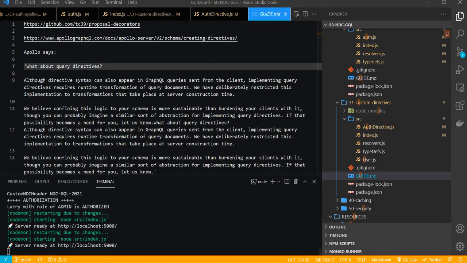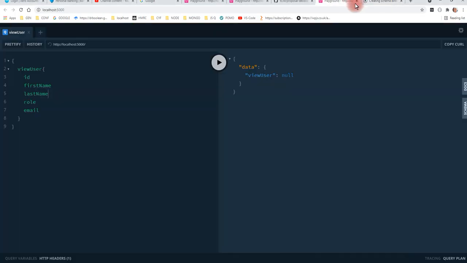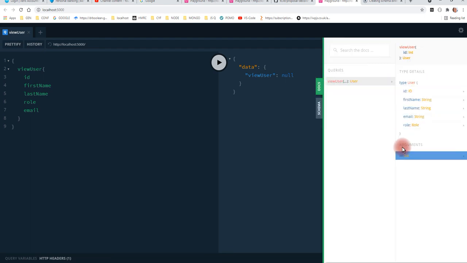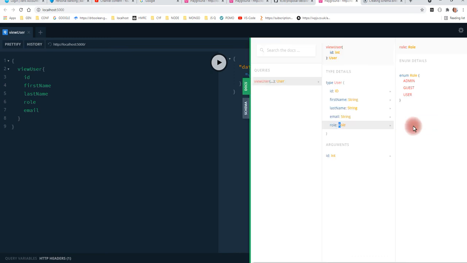Because if we come back here and look in the docs, you see view user, admin, ID, we click on that ID, role, we're not actually seeing all those decorators, so it might be hard for a person to determine what's actually needed. It's better done server side,